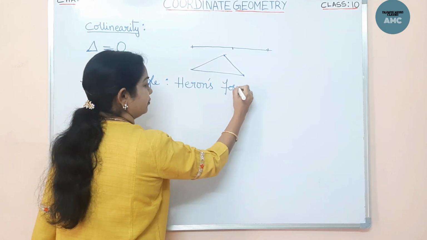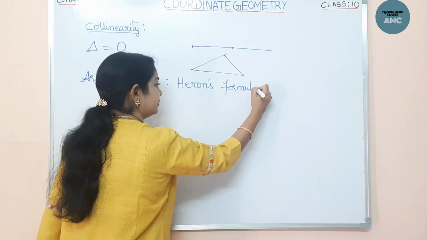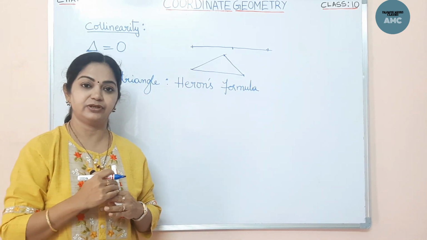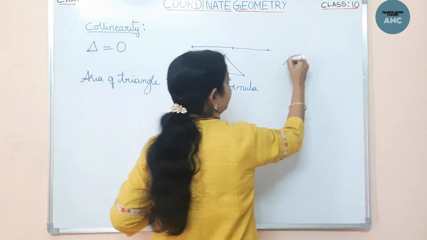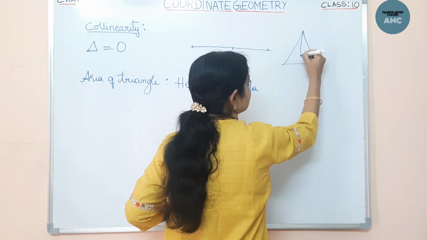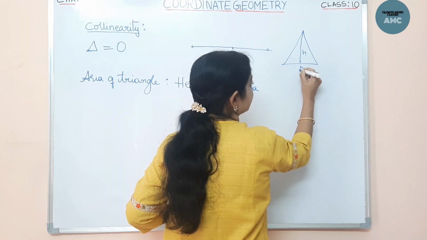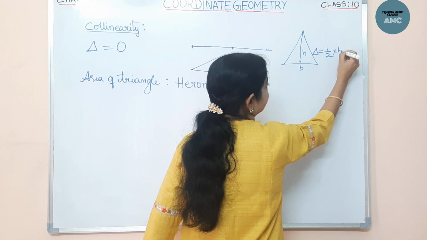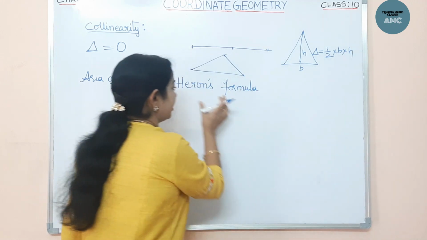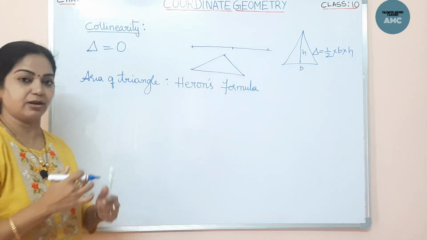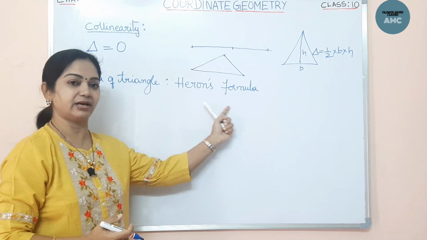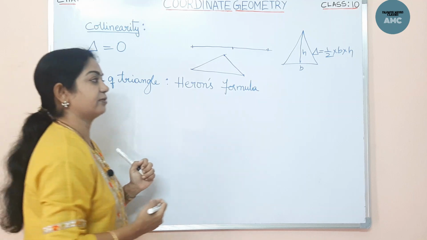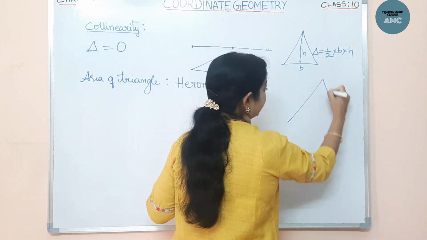Now we know multiple formulas. We know the area of a triangle when height and base are given. This is the height and this is the base. The area of a triangle is half base into height. Now Heron is a Greek mathematician. After his name only, the formula has been kept. Now he has reduced the formula for the area of a triangle